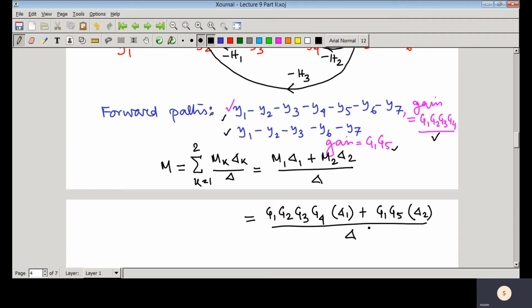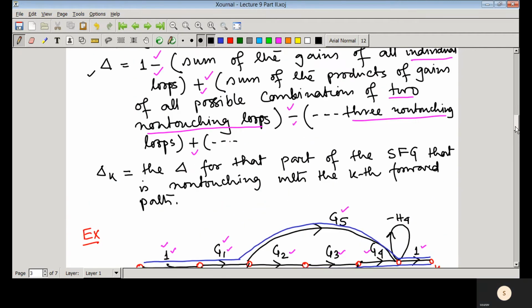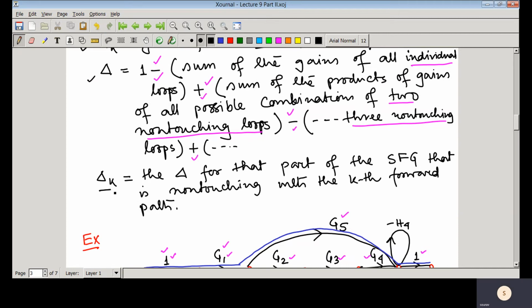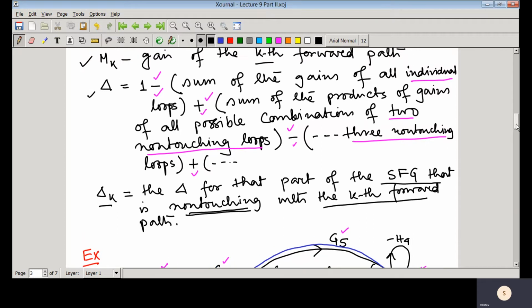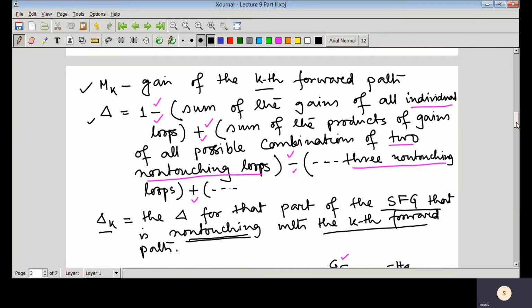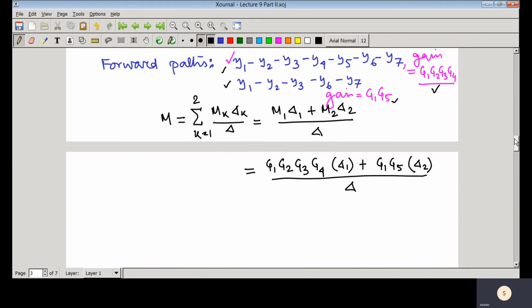Now just look at what delta 1 is. Delta 1 is the delta for that part of the signal flow graph that is non-touching with the kth forward path. First we do delta, then we will come back to delta 1 and delta 2. So let us see what delta is. Delta equals 1 minus